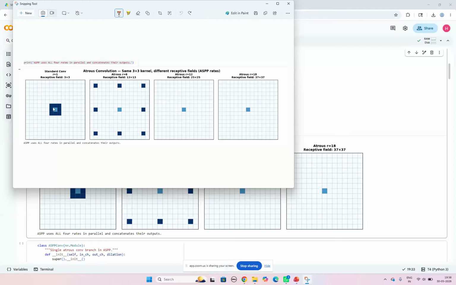Just for the definition, I'm showing this 3 cross 3. Whatever output we get, we consider the middle value, and that is taken for the output results.